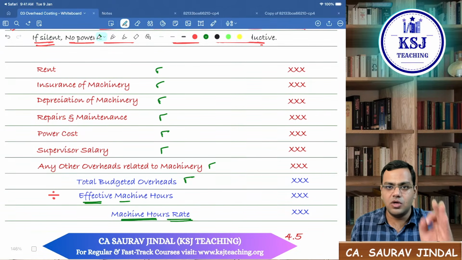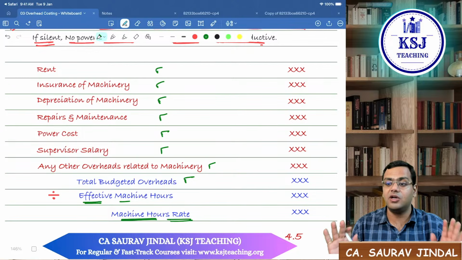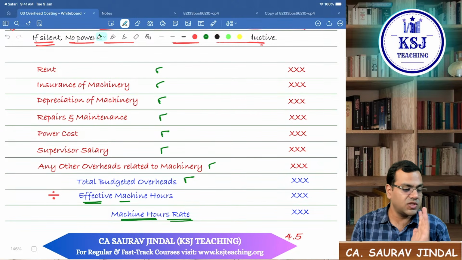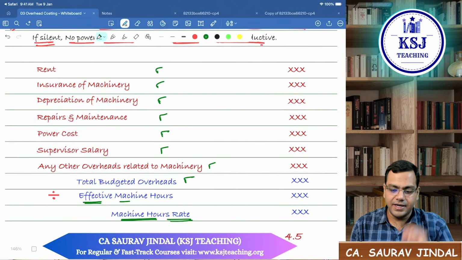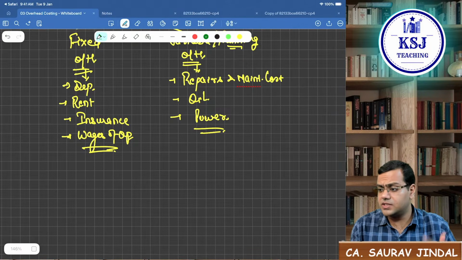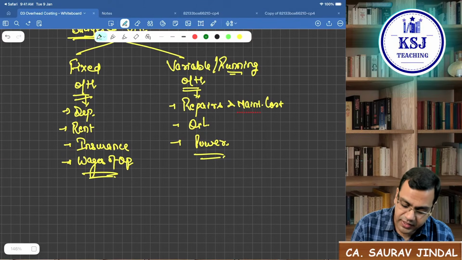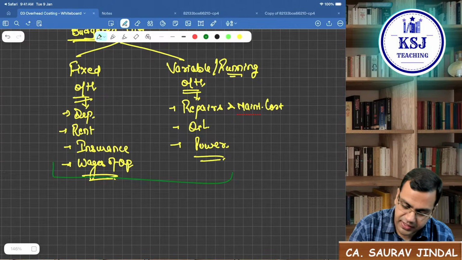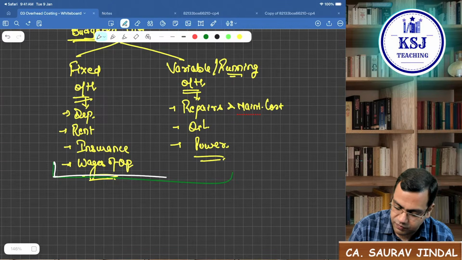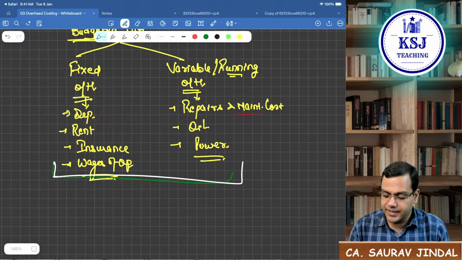First tip. Second tip, or in some of the questions or some of the books you might find this. Whatever is my total overheads,